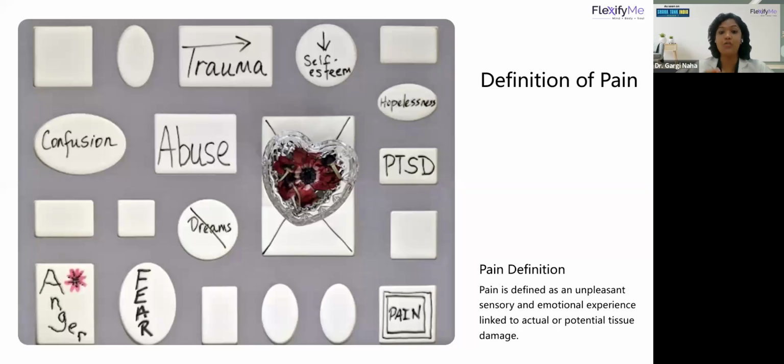When I say an actual tissue damage, जो हमें सामने दिखता है, जैसे हमारे स्किन पे अगर कुछ कट जाता है, कुछ छिल जाता है, तो दर्द होता है, right? That is called an actual tissue damage. What is a potential tissue damage? So suppose you are playing, you are running, and suddenly you started having knee pain. You can't see what is happening inside. अंदर नहीं पता चल रहा है कि क्या हो रहा है, but still आपको pain हो रहा है ना?